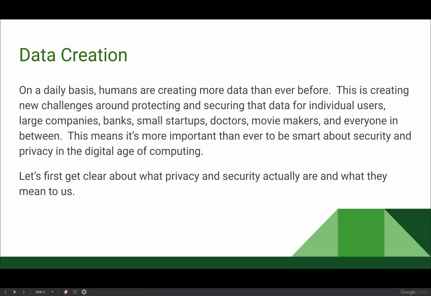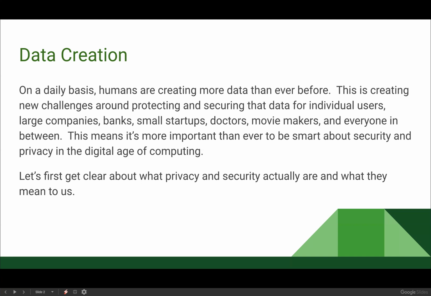As we have talked about previously, computers are all around us. Computers are growing to be an increasingly necessary part of our everyday lives. And on a daily basis, we as people are making more data than we ever have. Data is just any kind of information about things that are happening in the real world. So if you go to the gas station and make a purchase, that is going to make some kind of data. If you browse the web, that is making data. Anything you do is going to make data.